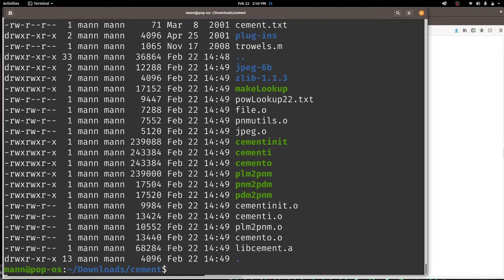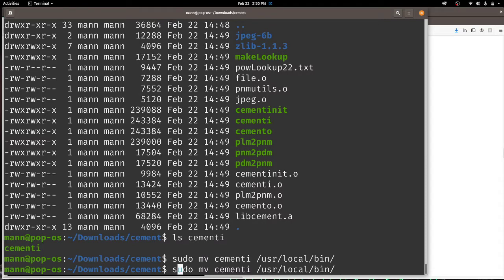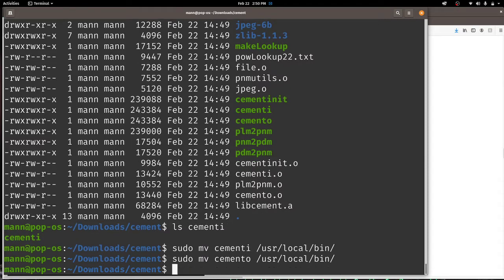Now we have created cement I. So now let's go sudo copy, sudo, say we'll move it into /usr/local/bin, or wherever you like to keep these things. Cement O and cement init,